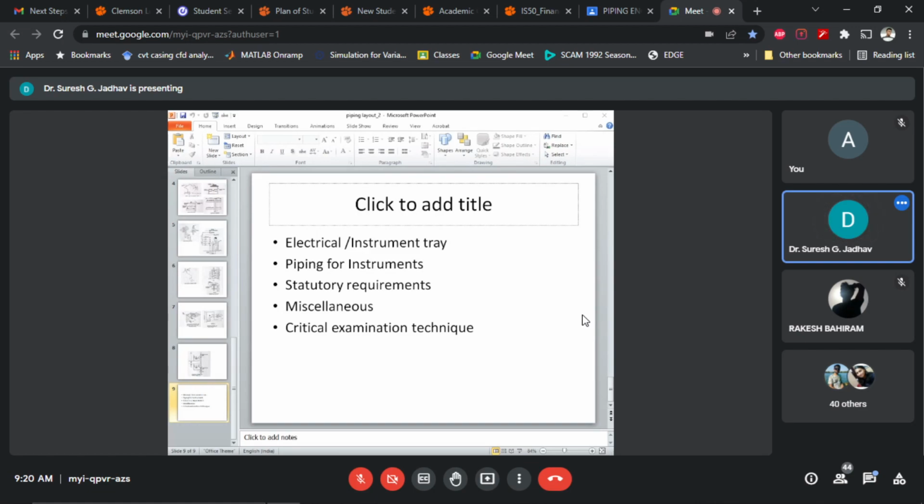Then HVAC ducting, where applicable, shall be integrated into the layout at the stage of development. The equipment for these will be housed separately and should be included in the overall plot plan. The dimensional requirements of ladders, stairways, trenches, and platforms are to be considered while making equipment arrangement and planning access to valves and instruments.